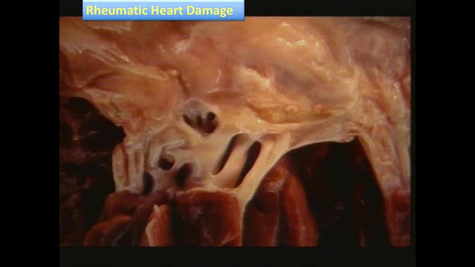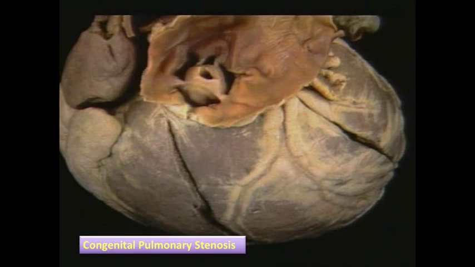So ultimately we'll end up looking like that. You can see, just by looking at that, you can appreciate how dysfunctional that valve is going to be. This is a congenital pulmonary stenosis. Again, the pulmonic valve is the least likely to be problematic, but if it is, it's most